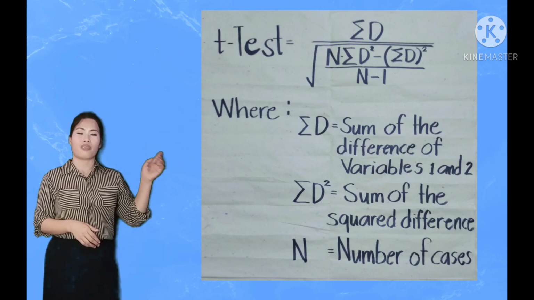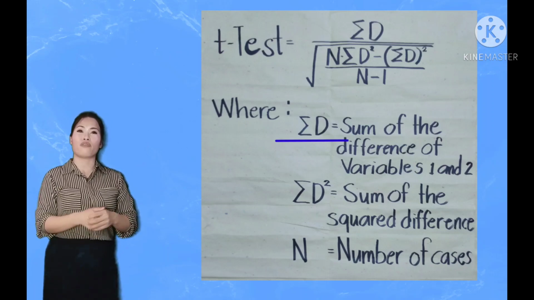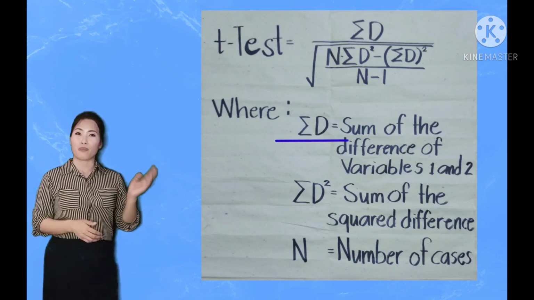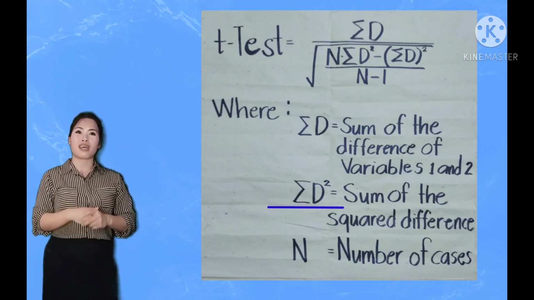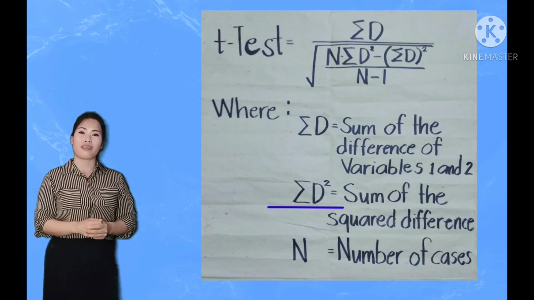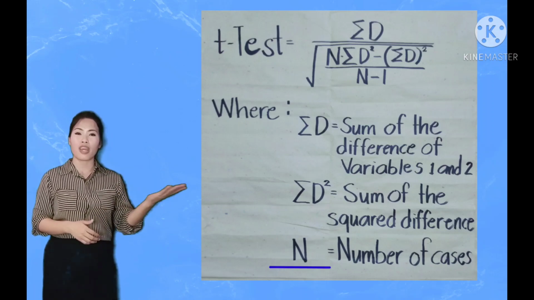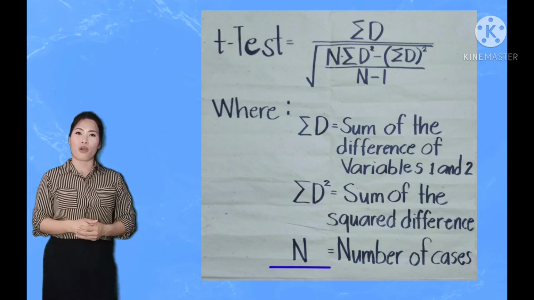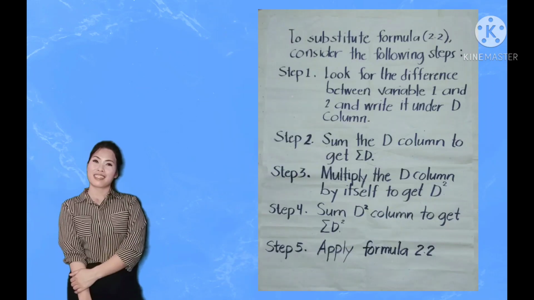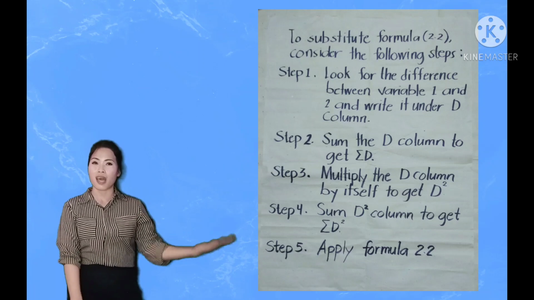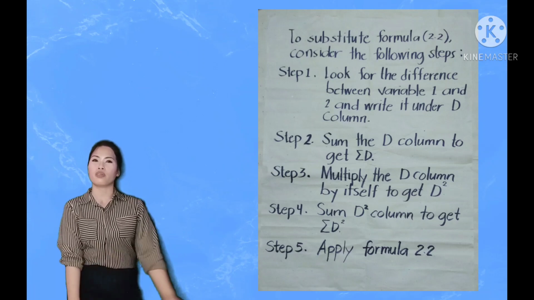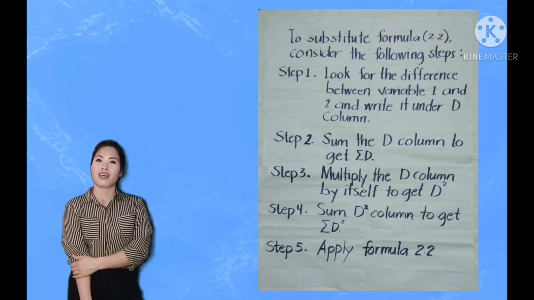Now, the summation of d, or difference, is the sum of the differences between variable 1 and variable 2. The summation of d squared is the sum of the squared differences. And the n here is the number of cases. To substitute into formula 2.2, we need to follow these steps first so that we can have all the values that we need